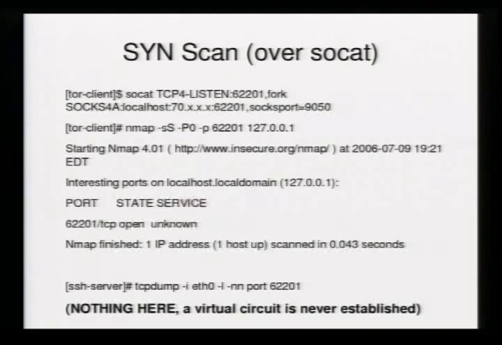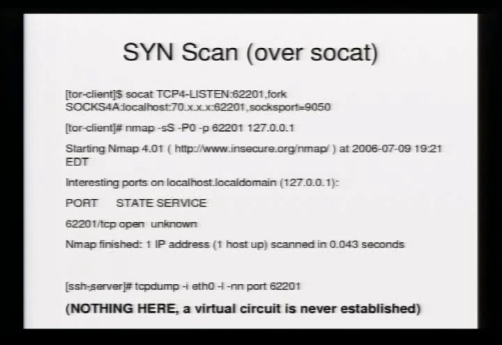Just to drive this point home, let's look at a SYN scan over a socat proxy with Tor. This first command is where we're setting up to listen on localhost over port 62201, but we're interfacing with the SOCKS port. If I send an nmap scan against localhost looking for whether port 62201 is open, of course nmap returns that it is open, because socat is running and waiting for a connection to go to the established state and send it on through the Tor network, where it will set up the virtual circuit.